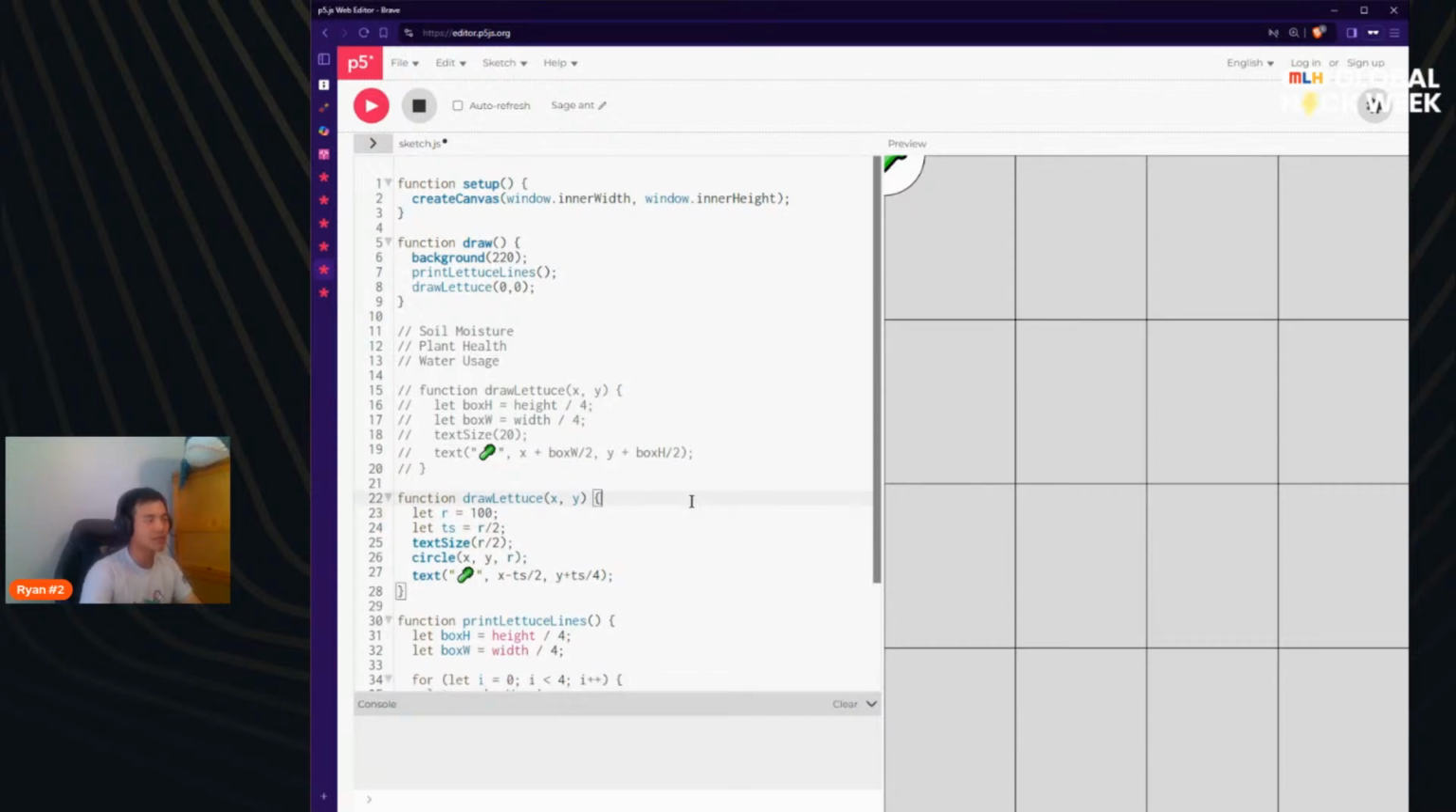So right now it's actually spawning in the top left corner. We want it to be more in the middle. And I think it's easiest if when we give it coordinates, we just give it coordinates that refer to the top left of each box. TS was text size. Let's also add in